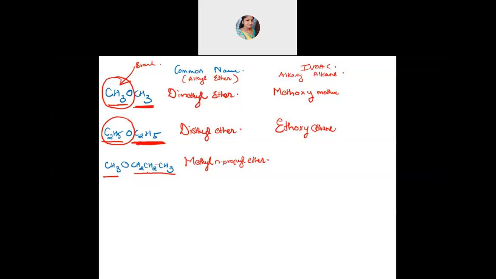Now give the IUPAC name. Here one carbon you will take as branch. The longer one you will take as parent. So I'll just mention here, this is parent. Always the alkane group should be the largest one, and the smaller one should go for branch. That is your alkoxy name. Many of you have named methoxy. Methoxy, methyl group with oxygen. So methoxy, and then you are having three carbons. So methoxypropane.